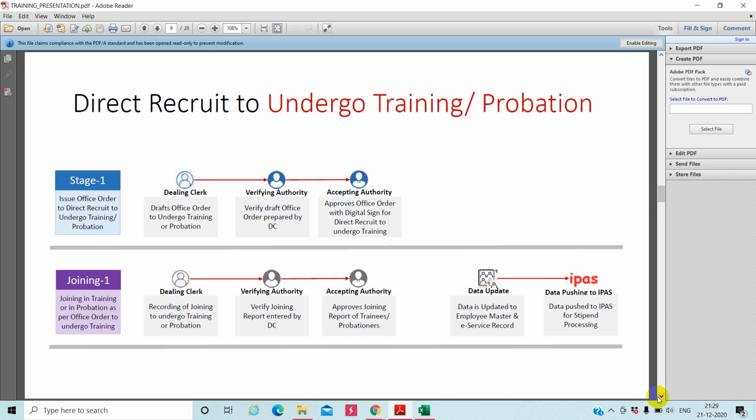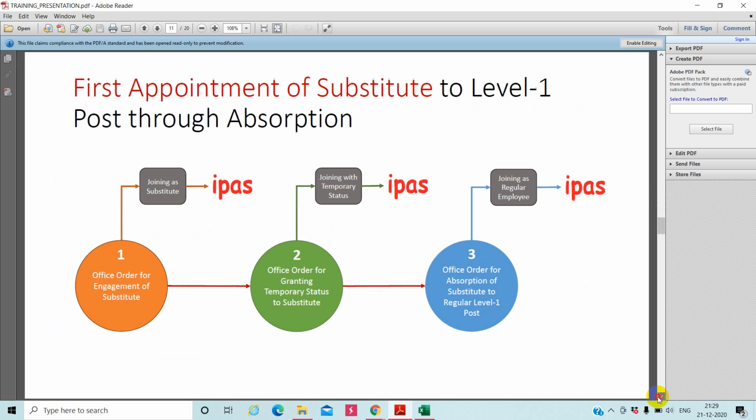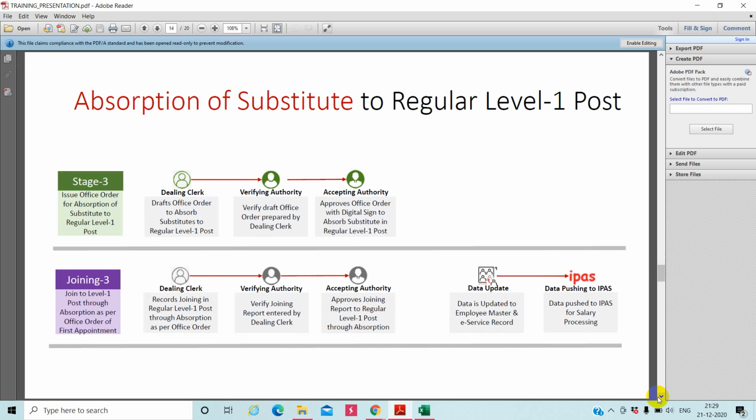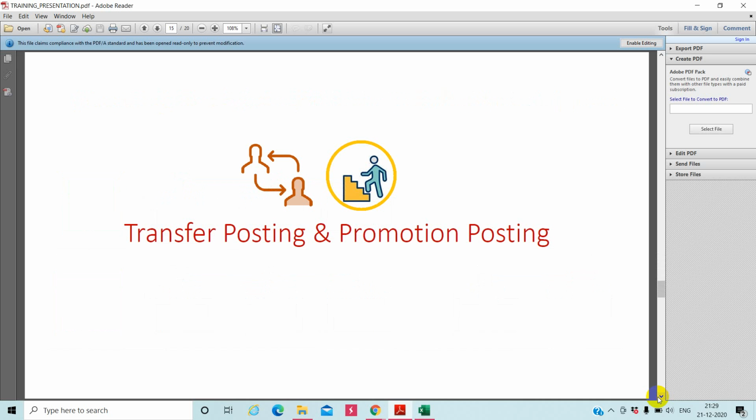This is direct recruitment undergoing training, first appointment, probationers. In this way we grant temporary status to the substitute. When the employee earns the temporary status, it will automatically appear in the HRMS.